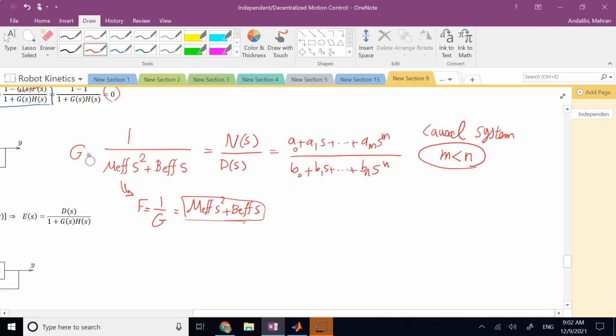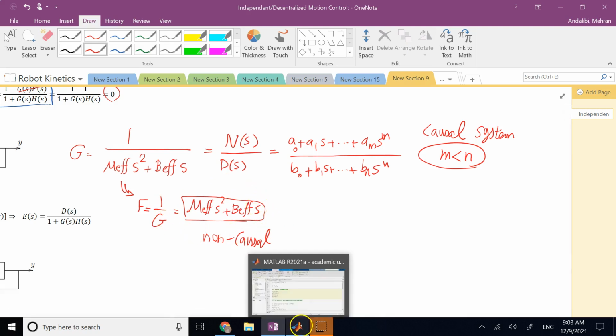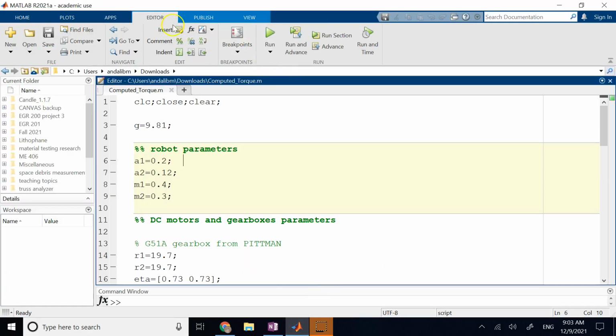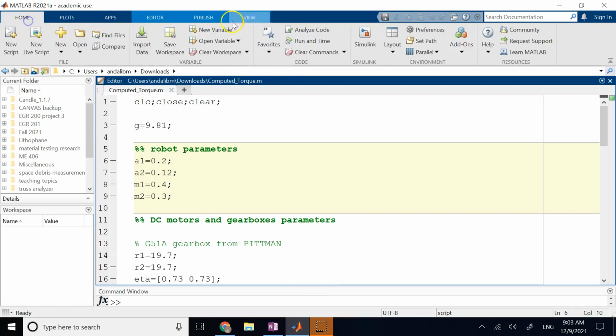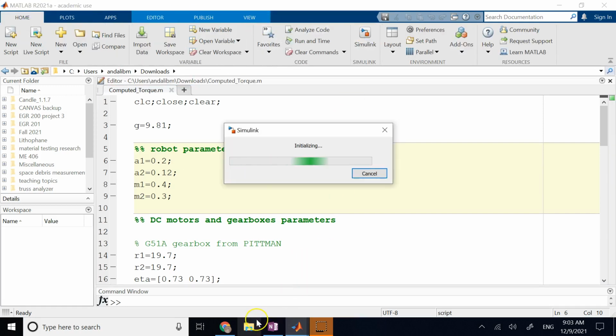If the system is not causal, like this is a non-causal system, then it means the current output is determined by future input, which is not what you see in the real world, right? The current position of any system is always determined by its past and current situation, not by its future. So that's why even when you go in Matlab and you want to use a block diagram of the system and you use the transfer function,